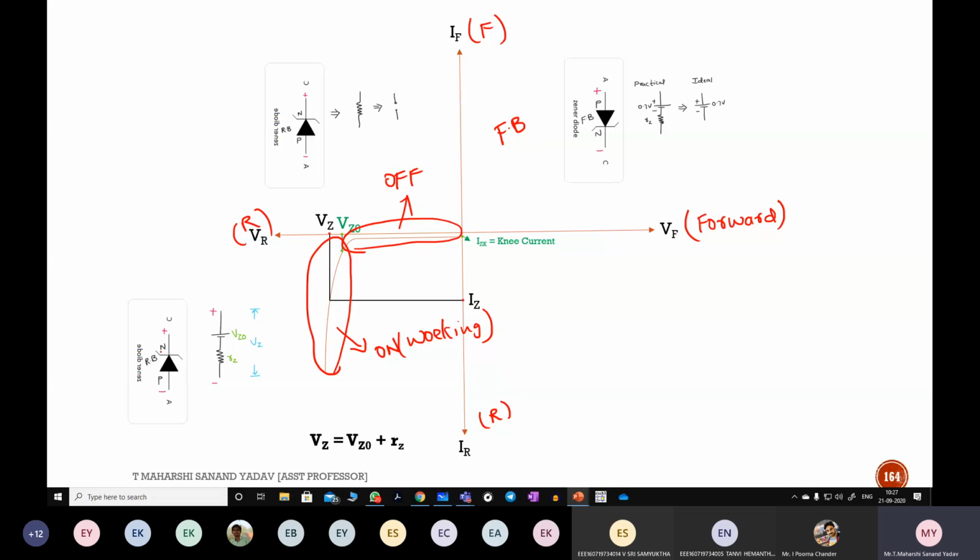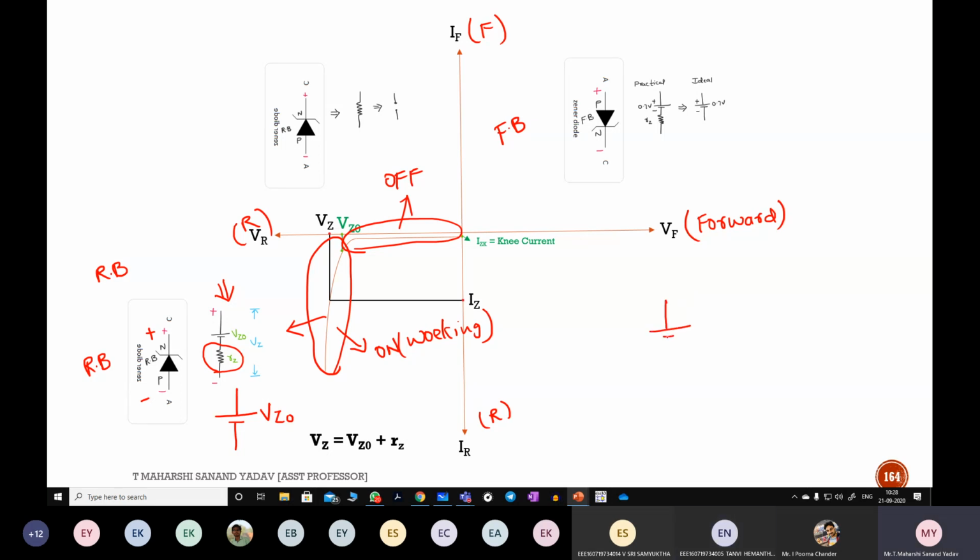So if this is a Zener diode, what is the working condition for the Zener diode? Is it forward bias or reverse bias? Reverse bias. Okay, reverse bias. So N is connected to positive and this is negative, so it will be in reverse bias configuration. Within this breakdown region, it starts working, so it should be represented with its equivalent model. This is what we call the equivalent model for a Zener diode when it is in the on condition. Sometimes we may neglect this RZ because of low resistance. So this is VZ naught.